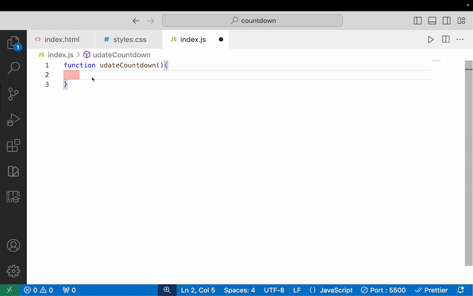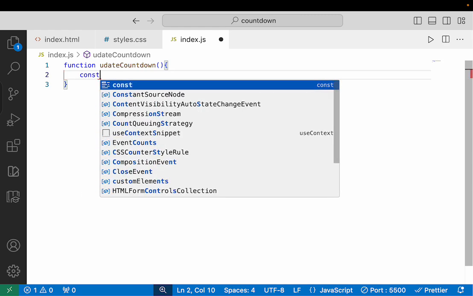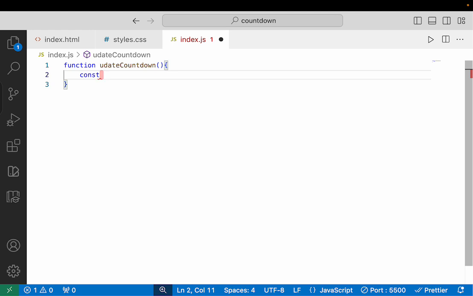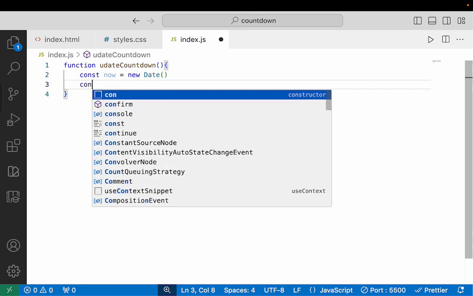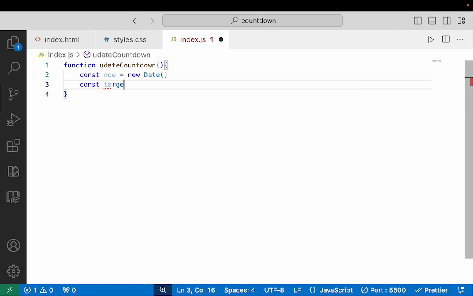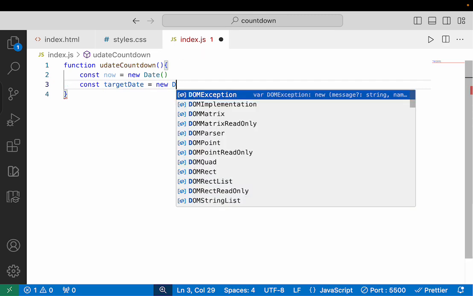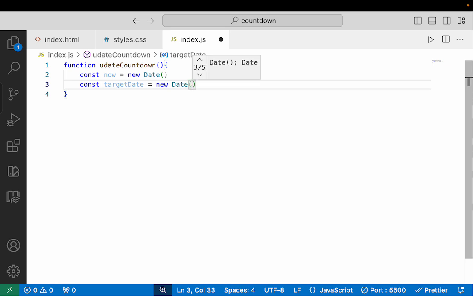First of all, let's get the current date, so we'll say const now, and then we say new Date. This will give us the current date. Then we say const targetDate, and that gives us new Date also, but this time around we're going to pass the date, which is going to be